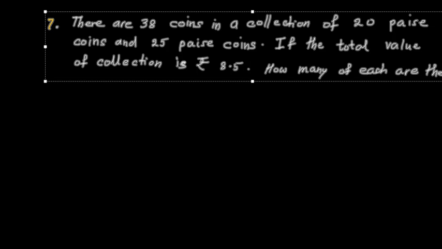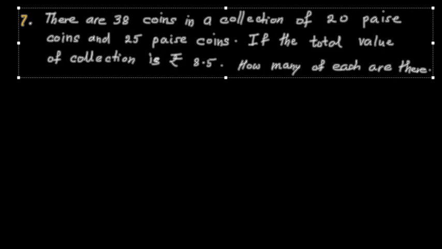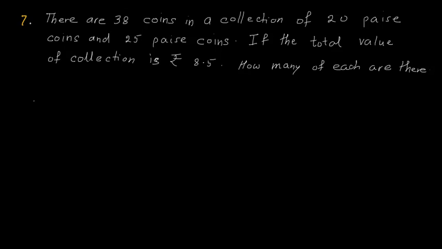Okay, try to understand what you need to find and what is given. So there are a total of 38 coins in which some are of 25 paise and some are of 20 paise, and their total value is 8.5. How many of each are there? So how many coins of 20 paise and how many coins of 25 paise are there, that we have to find out. So in our solution